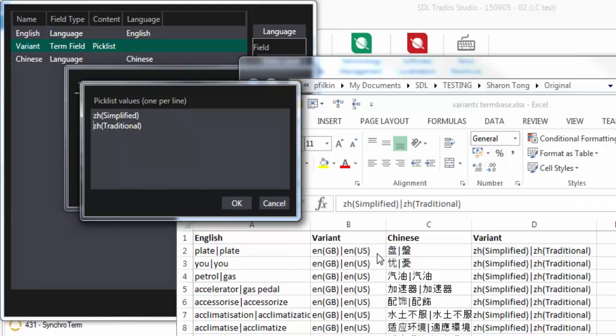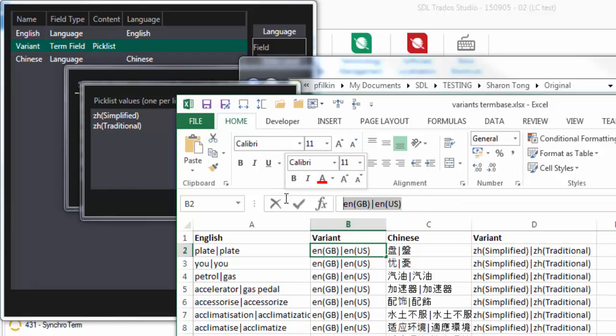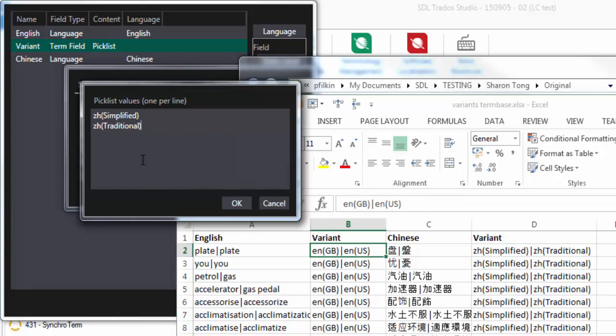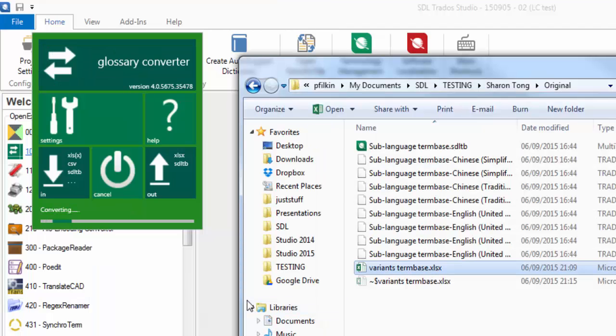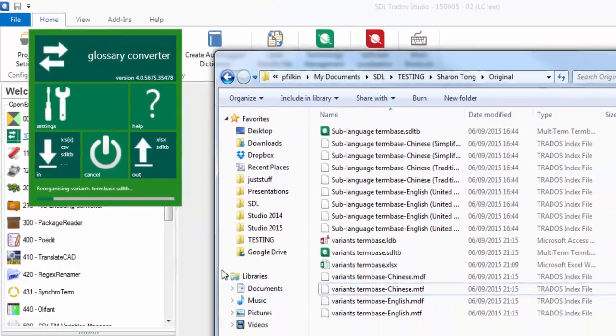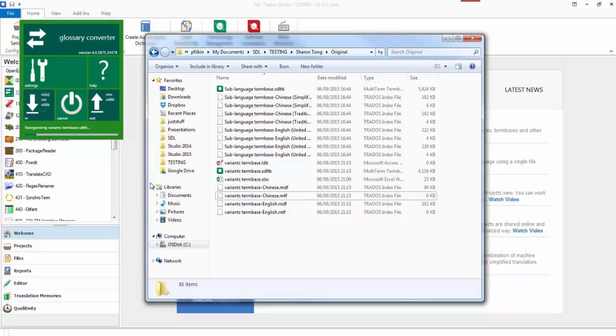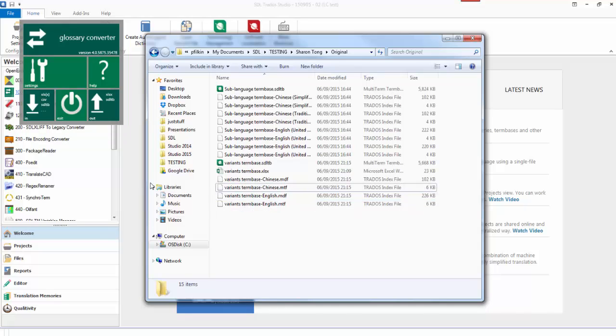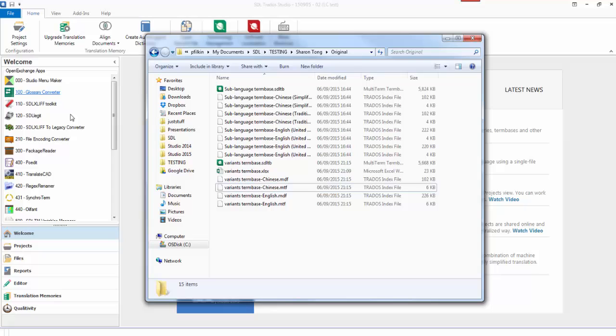This is just an example, and I'm going to take this one too. English, I suppose I'll put it beforehand, just so it's alphabetical. It doesn't have to be, I don't think. Okay, there we go. So there's my 4 values of the different types of languages. And away we go. So it's reorganizing the Termbase. Finish the conversion. So I'll close the Glossary Converter, and you can see now I've got a variants Termbase in Windows Explorer. If I double click that,